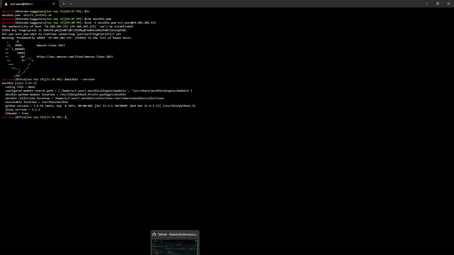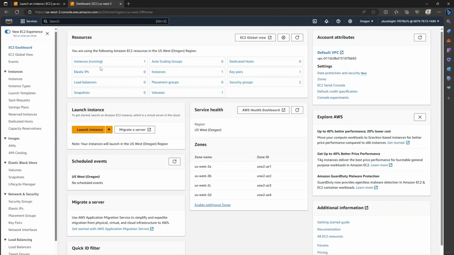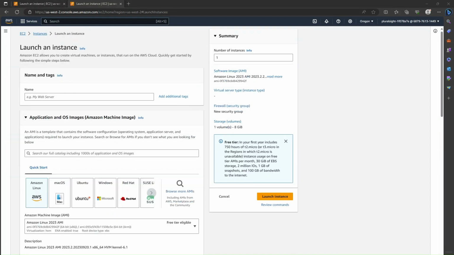And now let me set up my EC2 managed nodes. I mean Ansible managed nodes. So just go back to the EC2 dashboard and launch instance. I'm going to set up our EC2 managed nodes now. So something like